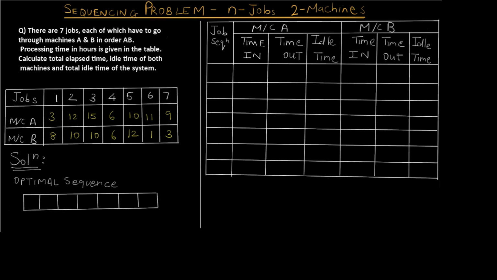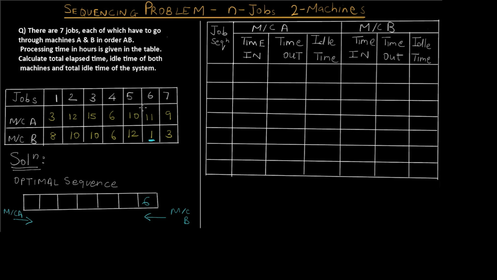So in step 1, what we have to do is find the optimum sequence, that is the sequence in which the jobs are going to be allotted to different machines. The way we go about it is we first find the minimum value, or minimum hours, in the entire table. As you can see, the minimum is 1. And machine B, when assigned job number 6, will take 1 hour. So for machine B, we will start from right to left, and for machine A, we will start from left to right. Since the minimum value 1 is for machine B and it's for job number 6, I'll write job number 6 over here, starting from right to left.